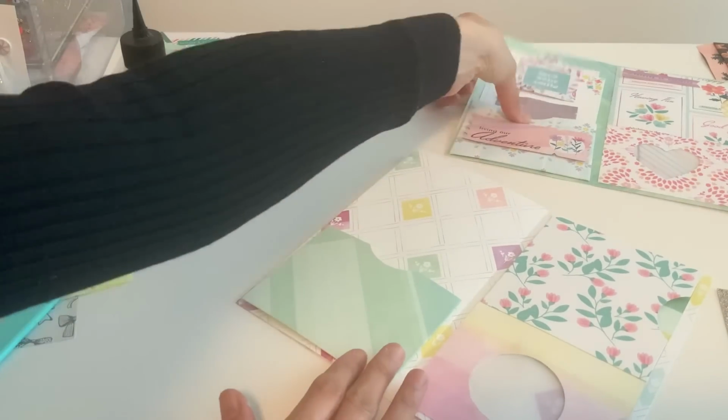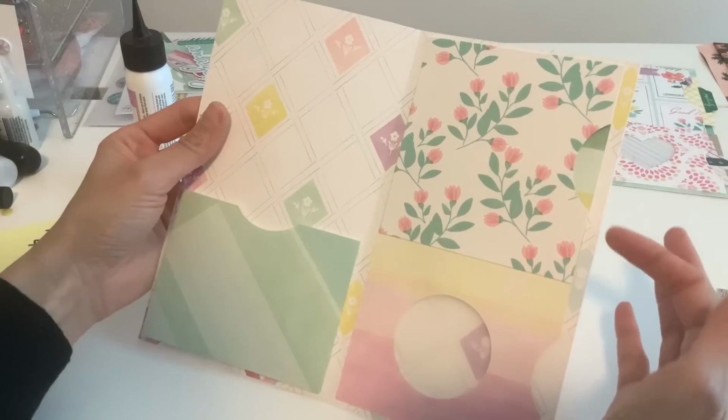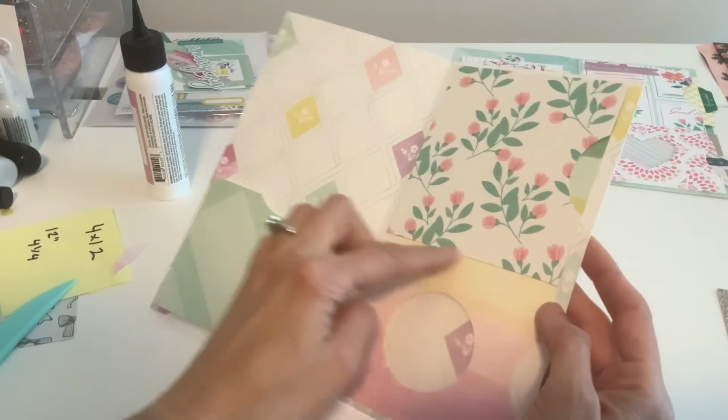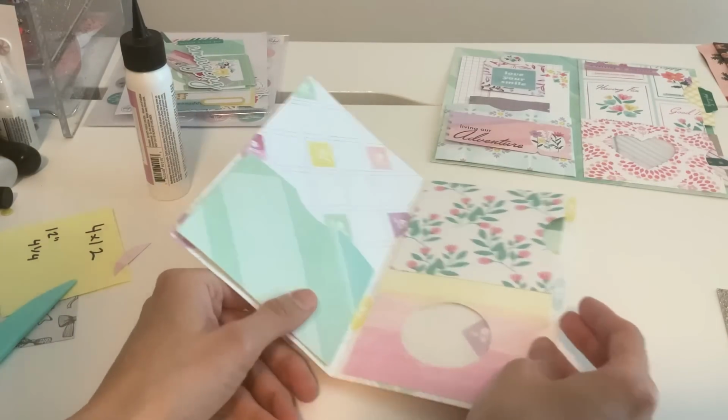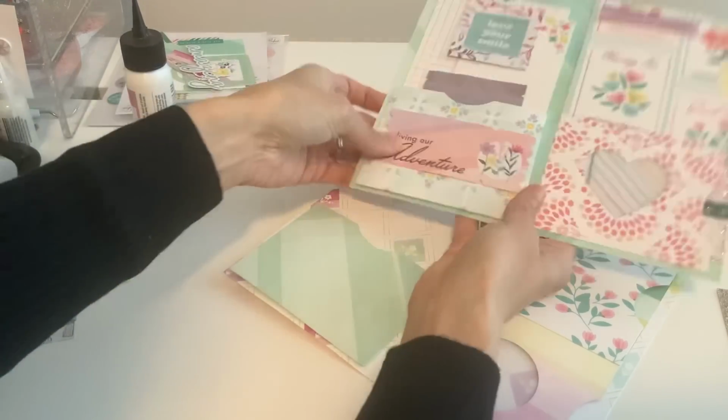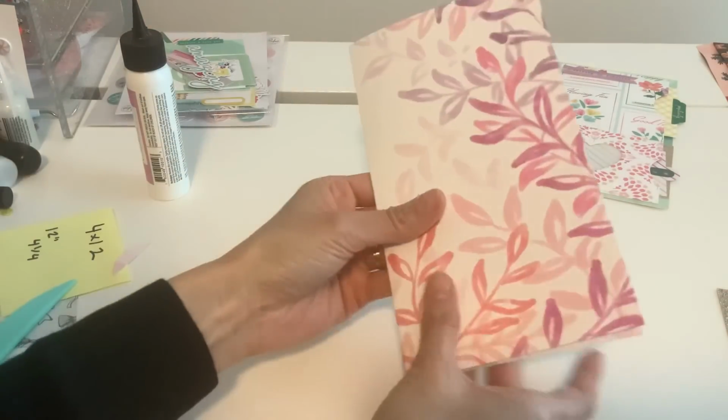All right, and that's your pockets. So again, you should have one. You can have this big one because I didn't glue it, or you'll have 3 separating it. And I'm going to fill this up a little bit. So in the front,